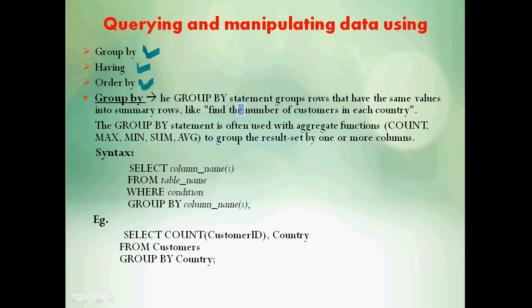In that case, all those students who have taken IP will be one group. The other set of students who have taken other than IP will be another group. So how can you make these different groups in the same class itself? This is done using the group by clause, and you want to know the number of students who have taken IP and how many students have taken the other subject.